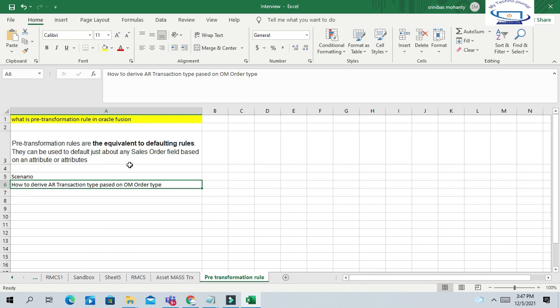How can we create a pre-transformation rule so that when we use a particular order type, it derives a specific transaction type for that invoice? So let us start. First we'll create one transaction type, and then we'll define the pre-transformation rule to link the order type to the transaction type.